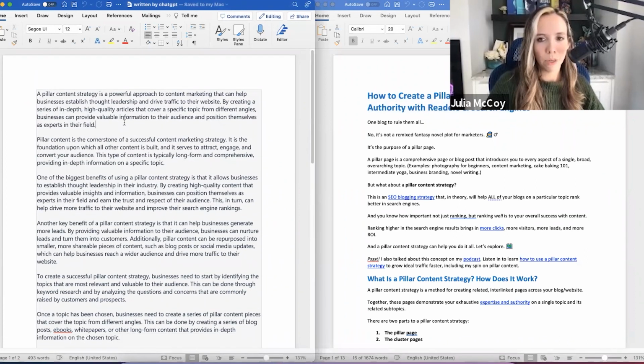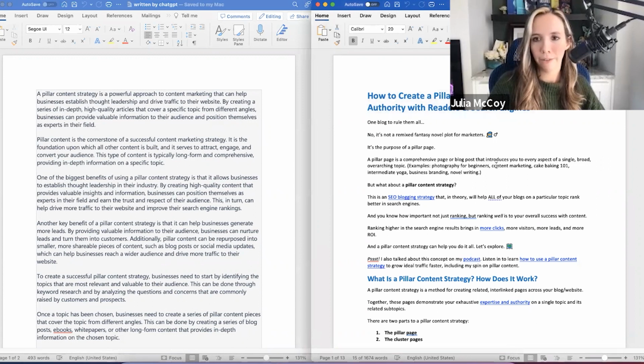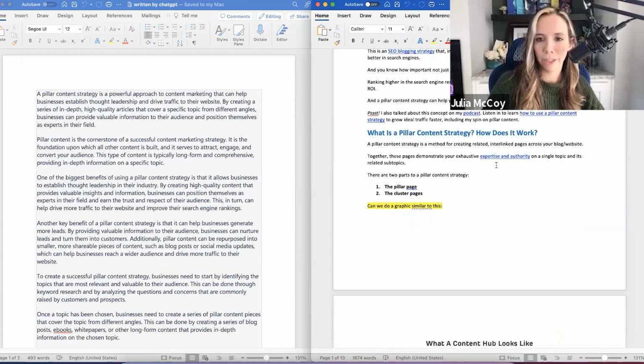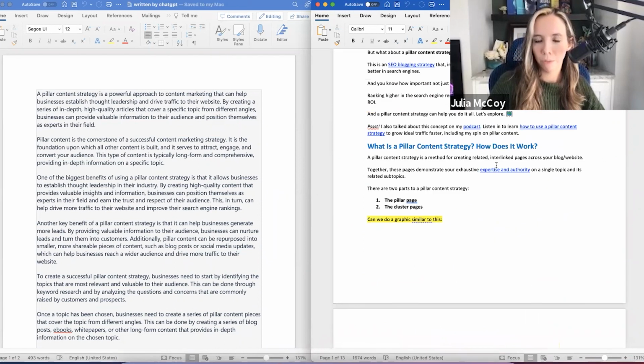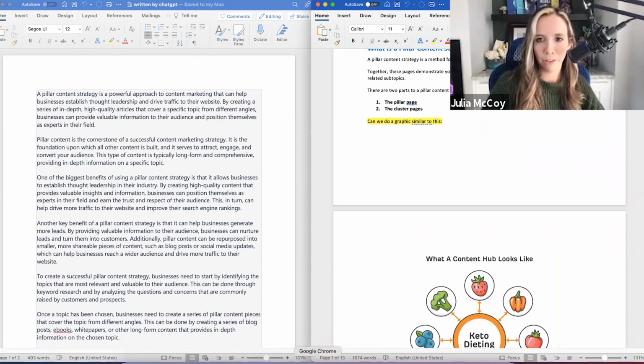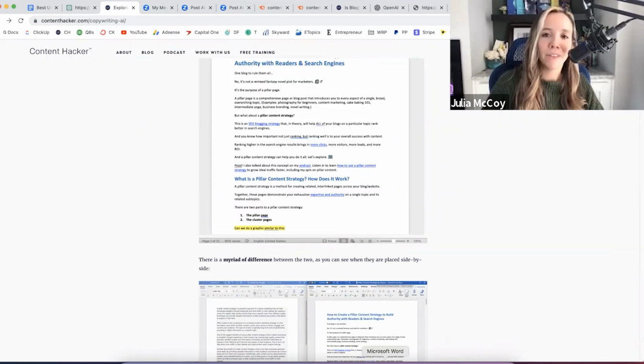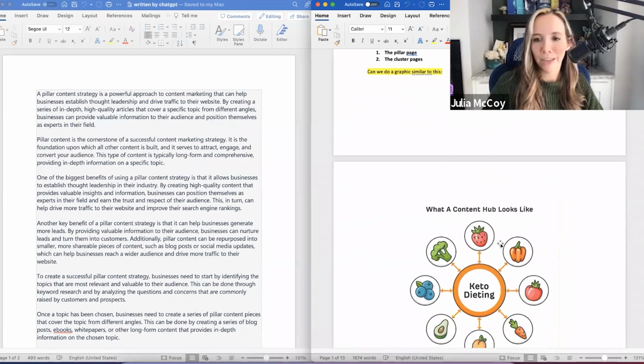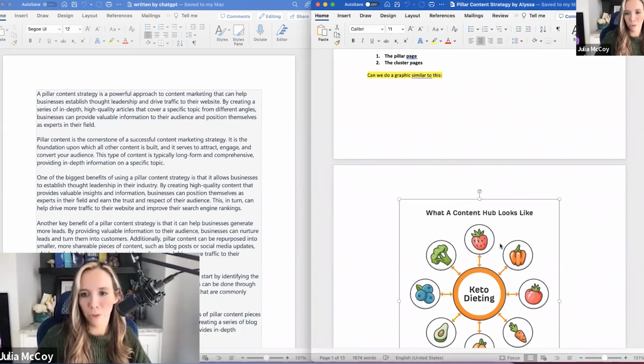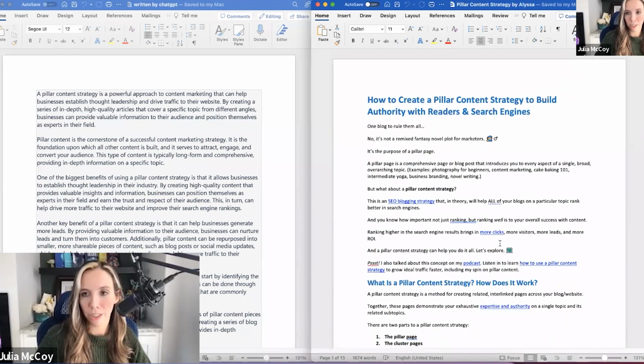And the reason why I don't even have my writer use ChatGPT to start long form is because at Content Hacker, we really have some original ideas. So with pillar content, we've tested pillar and cluster content, and we're actually creating our own graphic on this piece. And here's how that graphic turned out. So let's go back to this. So we had a graphic develop based on what the writer found when researching this piece.